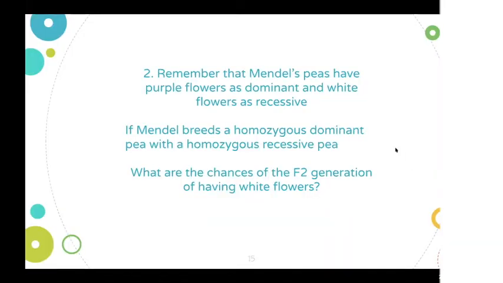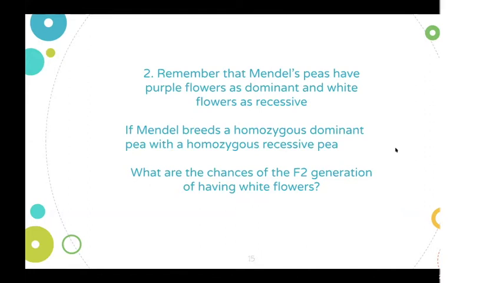Okay, so we have the second question. Hopefully that little section clears some things up. Remember that Mendel's peas have purple flowers as the dominant variation and white flowers as the recessive variation. If Mendel breeds a homozygous dominant pea with a homozygous recessive pea, what are the chances of the F2 generation